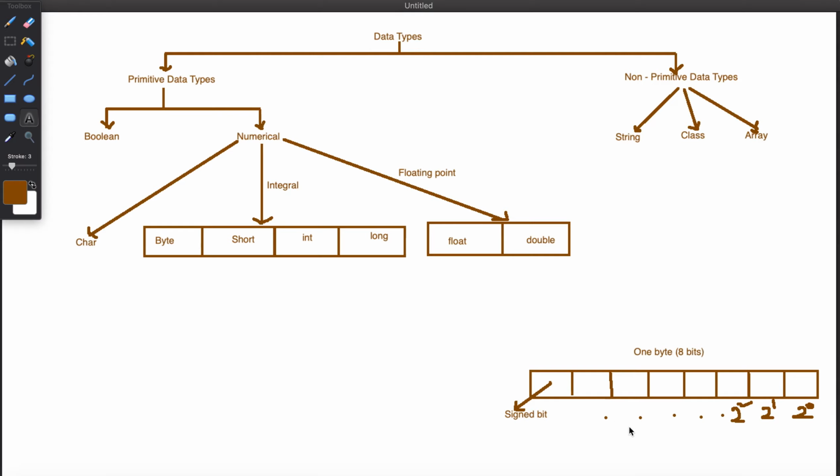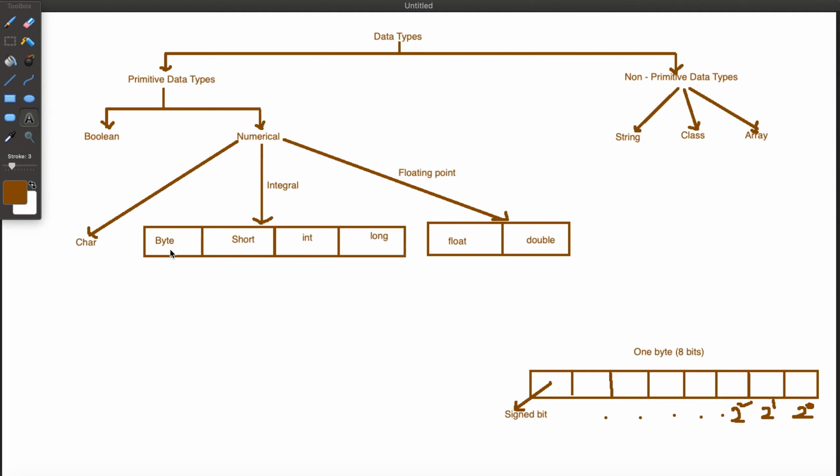Out of these 8 bits, the first bit is a sign bit, because a range goes from negative to positive. So the range of the byte is minus 128 to plus 127, and in a minute we are going to see how that range is defined for a byte.